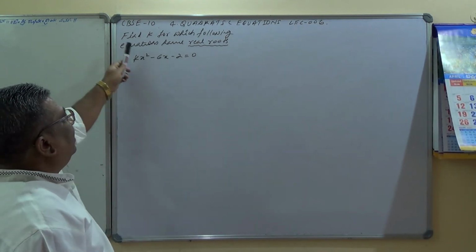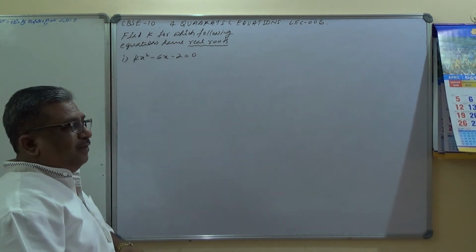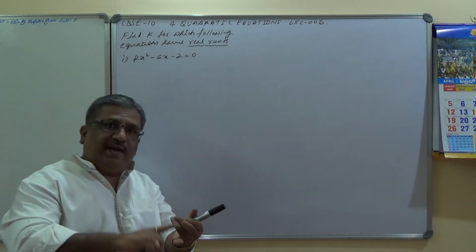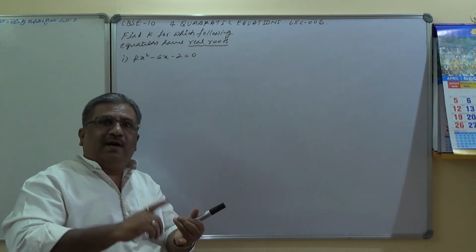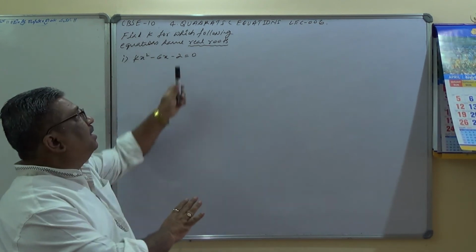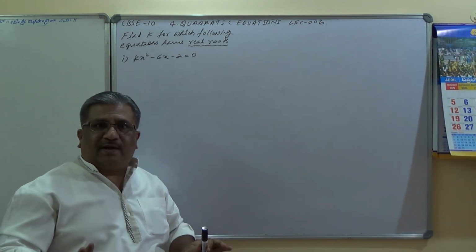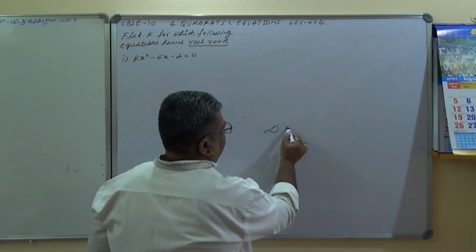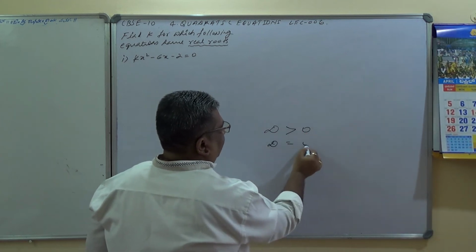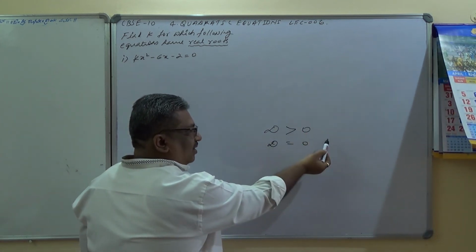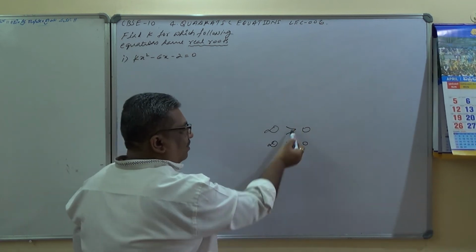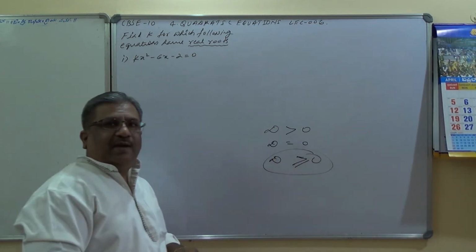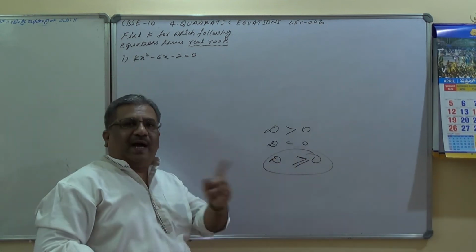It's very interesting. Find the k for which the following equations have real roots. What a stupid thing here. Neither has he told us whether real and distinct, nor real and equal roots. Simply he says real roots. Are you able to understand? In this case, please remember, real roots exist for D greater than 0 and also D equals 0, real and equal, real and distinct. So when he says only real roots, I am clubbing together D greater than 0 and D equals 0. D should be greater than or equal to 0. I hope you are understanding.